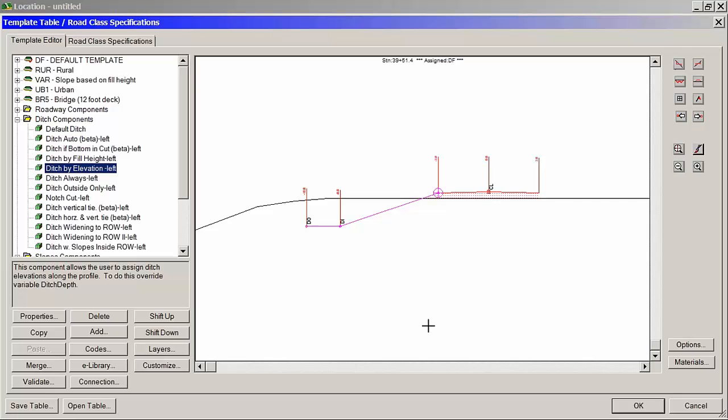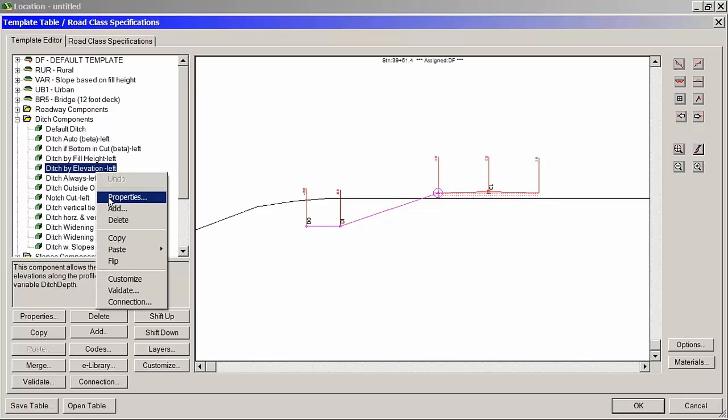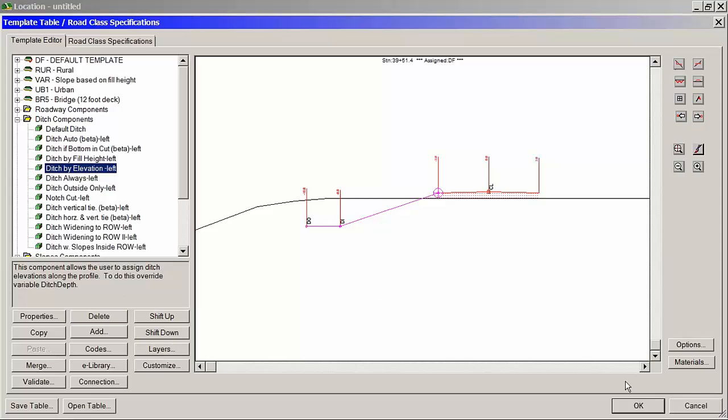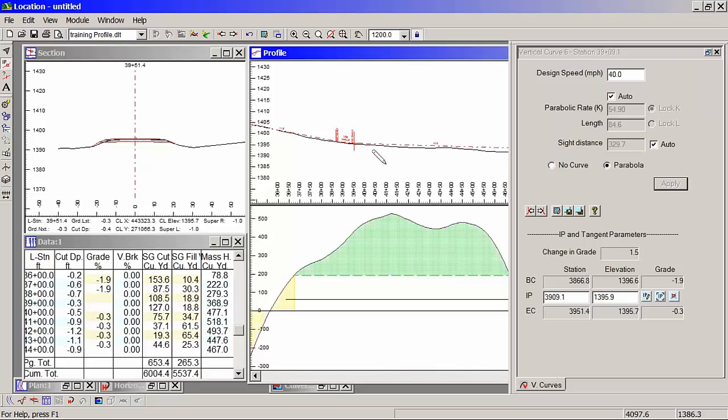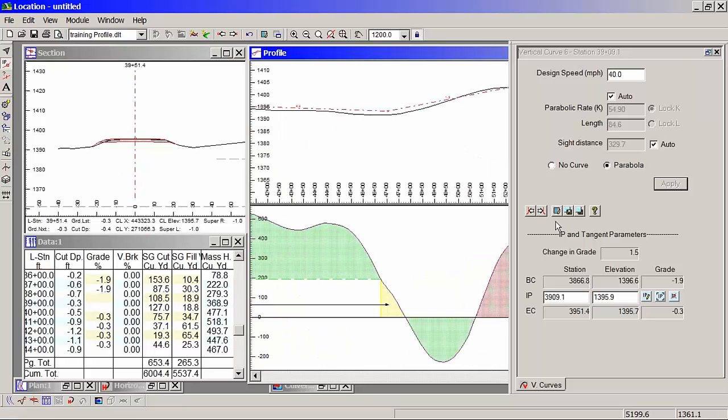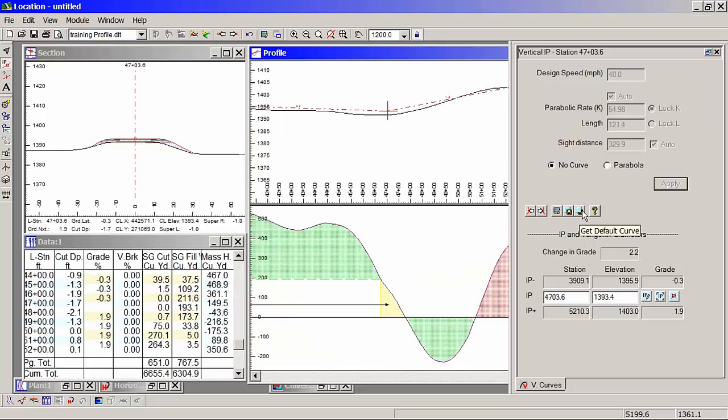Okay, thank you. So yes, you can, but you have to put in a separate component, copy that component into my template, and that will be the ditch bottom component. Not going to do that, but just know that it can be done. If you have any specific questions after the